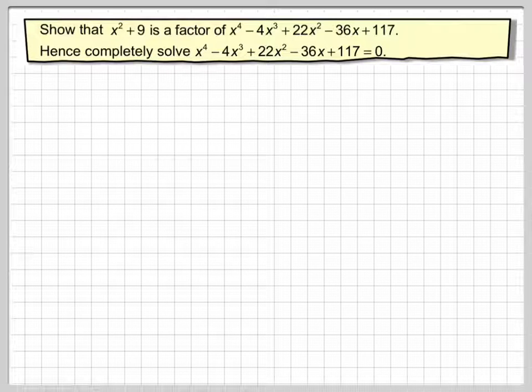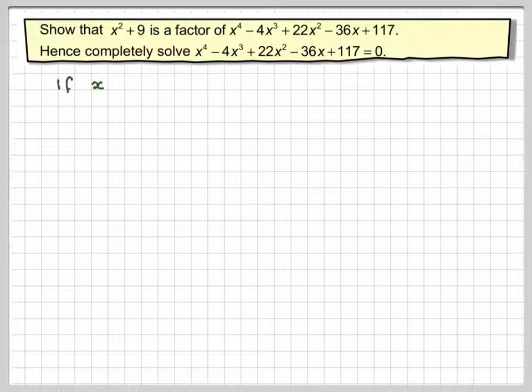Right, here again we're going to solve another quartic equation. It shows that x squared plus 9 is a factor of x to the 4 minus 4x cubed plus 22x squared minus 36x plus 117. Hence, completely solve x to the 4 minus 4x cubed plus 22x squared minus 36x plus 117 is equal to